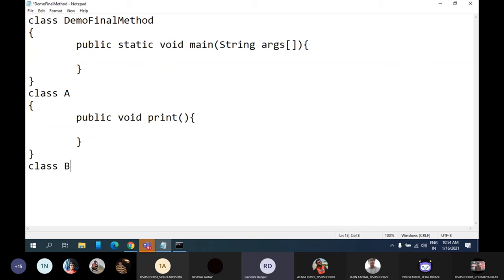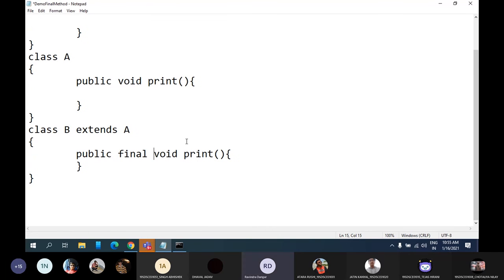Let's say I'm having one more class which is B, which is the subclass of A. So I write class B extends A. And now let me go with the concept of method overriding. So what I will do, I will define the same method in both the classes with the same parameters, everything is the same. But instead of a normal method, I will define this method with the final keyword, and let me print statements in both the methods.